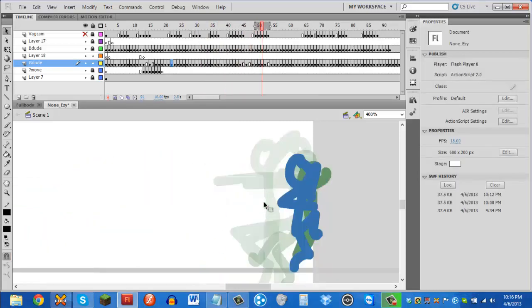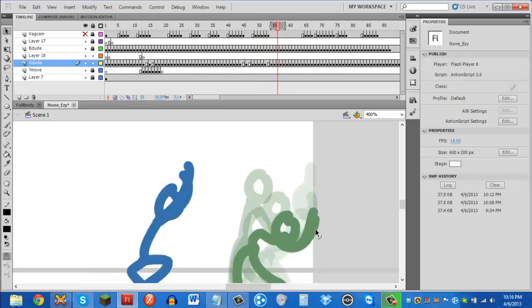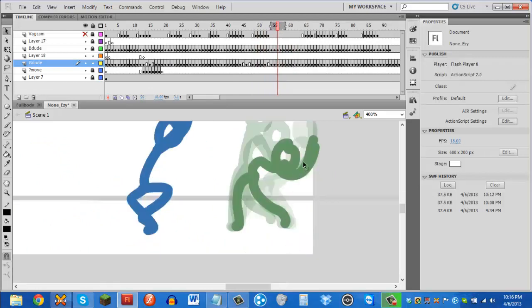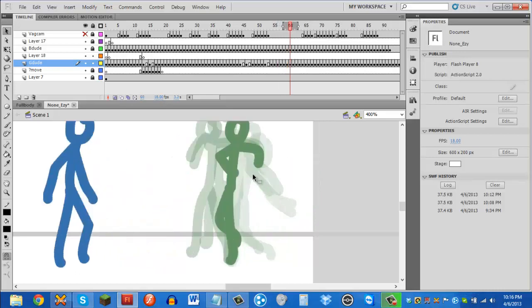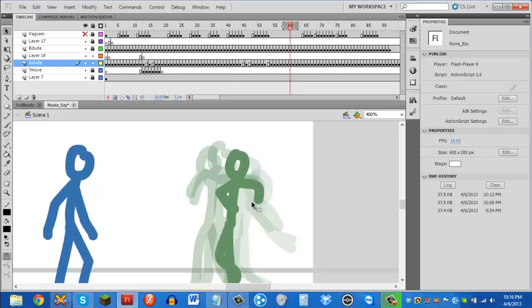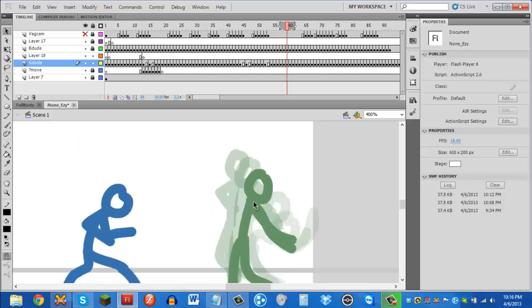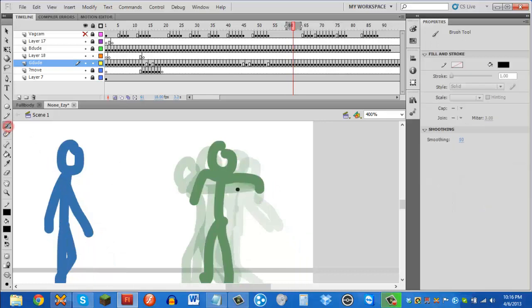Right here, I really didn't like how... well, I do love the floppiness of this. I mean, I love noodle arms, physical noodle arms, because I use that same style. But this right here, I don't like how it went from this to that in a second. It seems too out there. It's too fast. Right here, his arm actually got longer. His arm stayed at the same place when it should